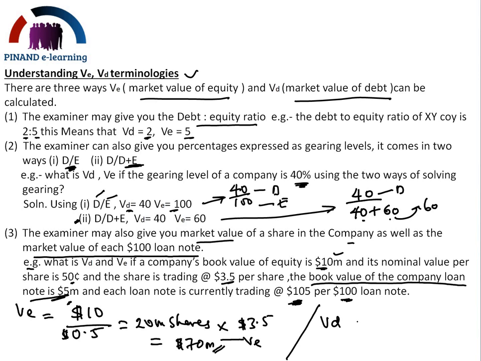So all I need to do is put $5 million. You're telling me that for every $100 in the $5 million, it is currently trading at 105. Therefore, the VD will be equal to $5.25 million. So these are simple ways of calculating VE and VD in the examination,